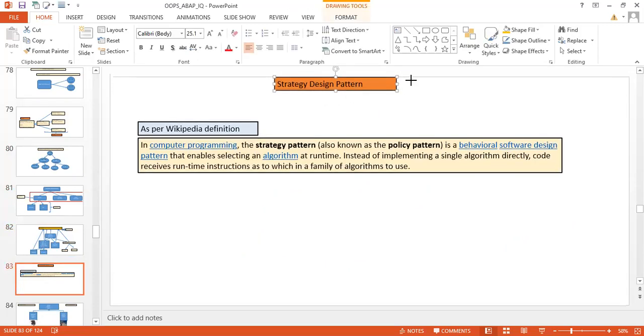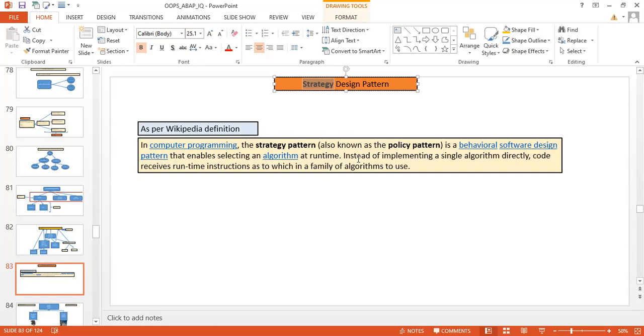Strategy design pattern, this is again a little complex. So what is this strategy design pattern? Again, you can observe this word strategy, right? When we hear this word strategy, we feel like something very strategic, somewhere we are going to do a very big task where we have to take care of a strategy.